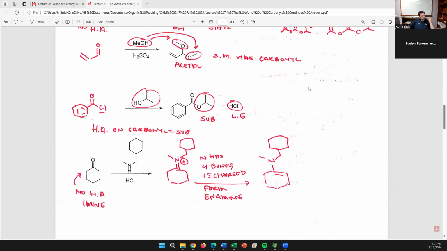I've got a carbonyl. Does it have a heteroatom on it? No. What happens when oxygen nucleophiles add to a carbonyl without a heteroatom? It would push up the electrons and make that oxygen negatively charged. Okay. It's in acidic conditions, but